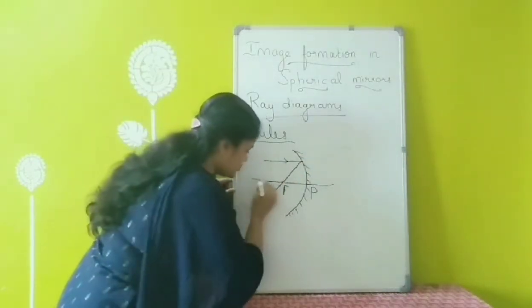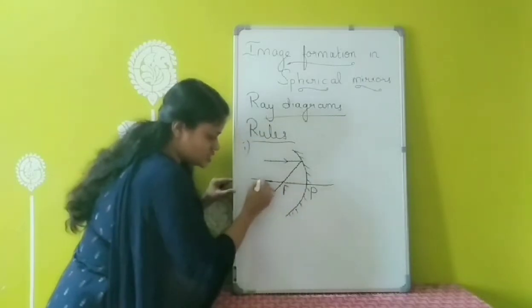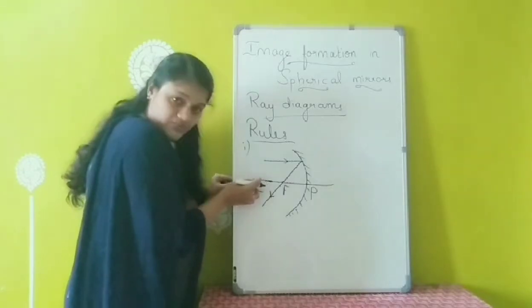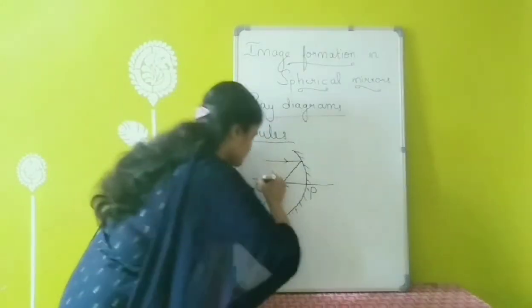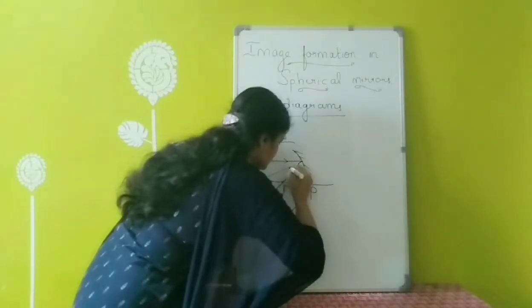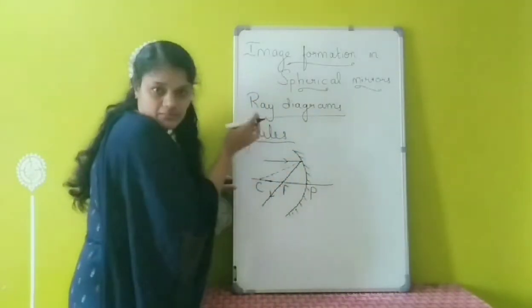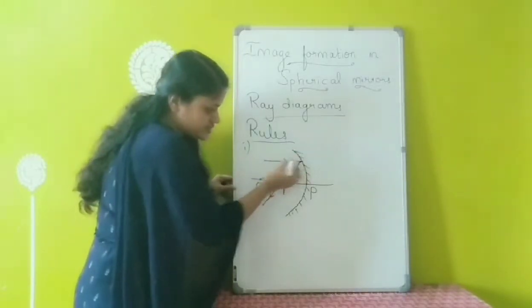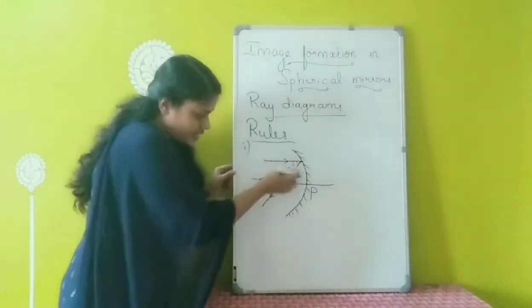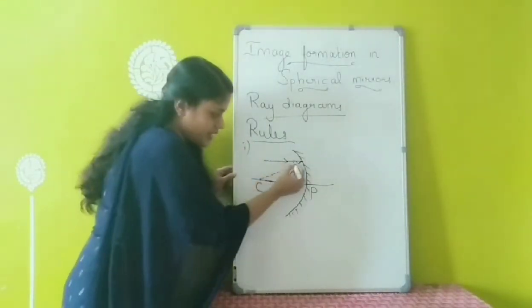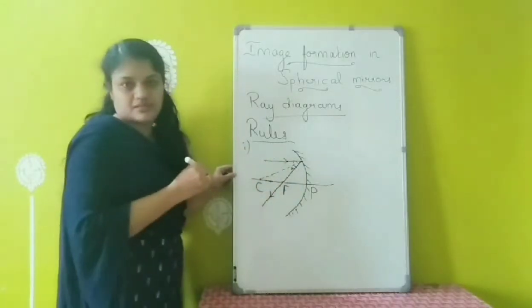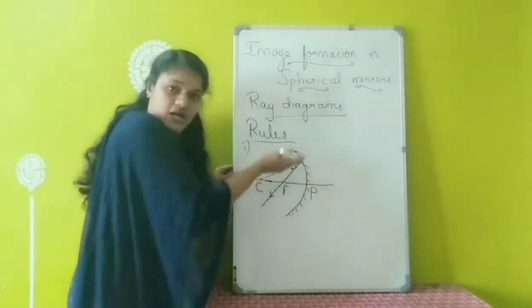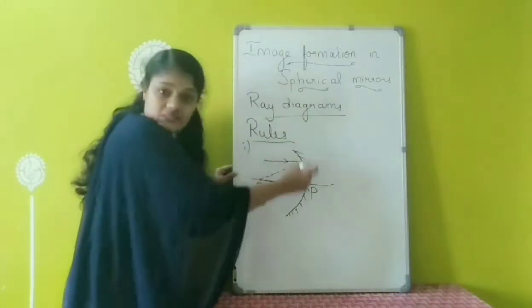And if the focus is here, we can mark the center of curvature at twice the distance. So here we can mark the center of curvature, and I am drawing a dotted line from the center of curvature to the point of incidence. This is called the normal. And we know that this is the incident ray. So what is this angle? Angle of incidence, as I told in the last class. This is the angle of incidence, and this one is the reflected ray. This is the normal, and this angle is called the angle of reflection. Clear? So the first rule is: a light ray passing parallel to the principal axis, after reflection passes through the focus in case of a concave mirror.